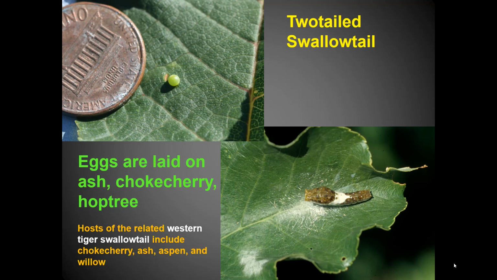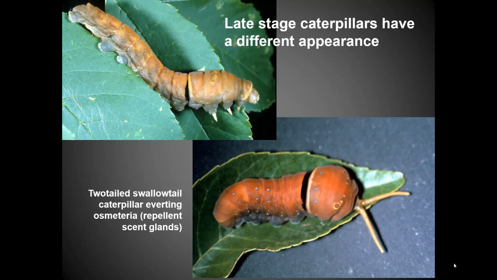These swallowtails, by the way, all of them have behaviors to try to trick predators, such as a bird. So in the case of this tiger swallowtail, the eggs are laid, and then you have young, and the young look like bird droppings again in this case. When they get bigger, in the case of the